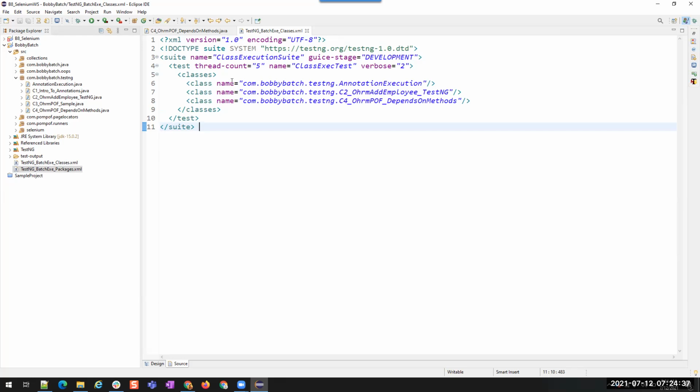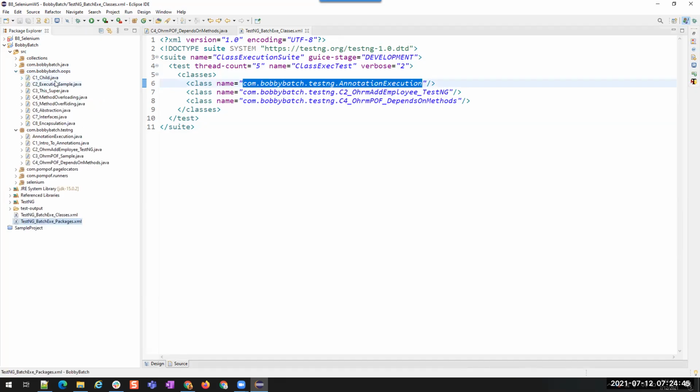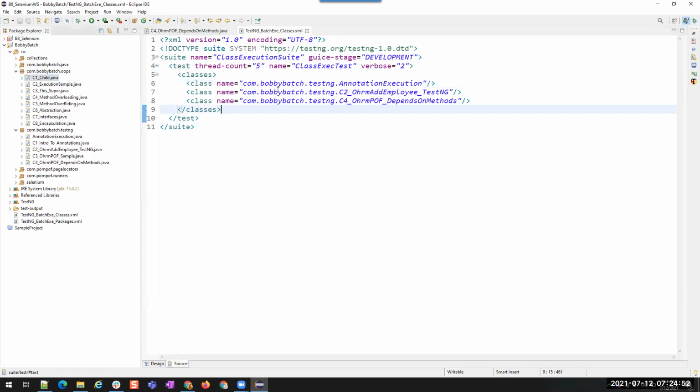You have to provide the complete path name of the class. This is the package and this is the class name. If you want to add a class from another package, you can also add it, like com.bobbybatch.oops.c1child. You have to add the complete class name. So these are the two ways: packages and classes.